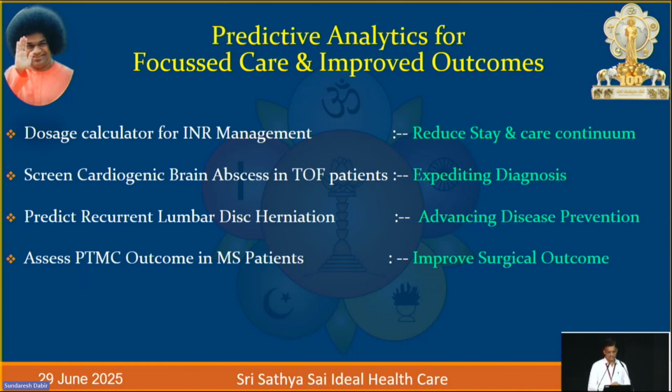Obviously, it looks into reducing strain and could be helpful in the care continuum. Other predictive analytics work is in the areas of expediting diagnosis, advancing disease prevention, and improving surgical outcomes, where we were looking at how we could screen cardiogenic brain abscess in TOF patients, particularly coming up with a model that could be utilized in underserved areas where you may not have a specialist, but could have a protocol defined for a primary screening and then having the patients referred to a specialist center. We also look at prediction of recurrent lumbar disc herniation or assessing the balloon valvotomy's outcome in mitral stenosis